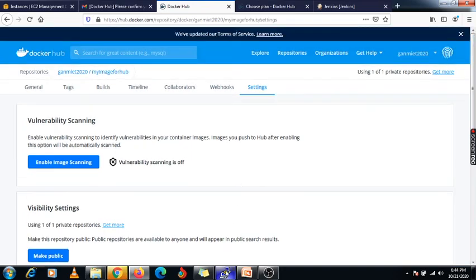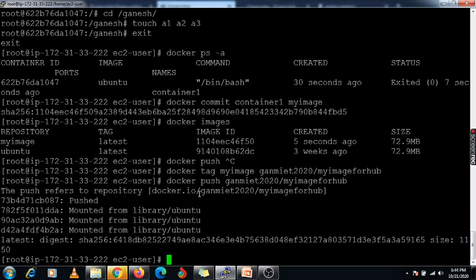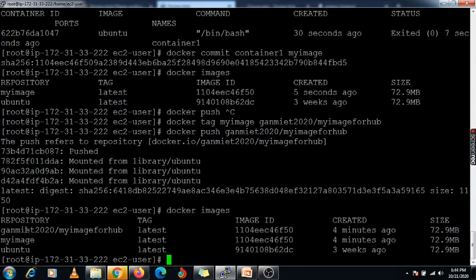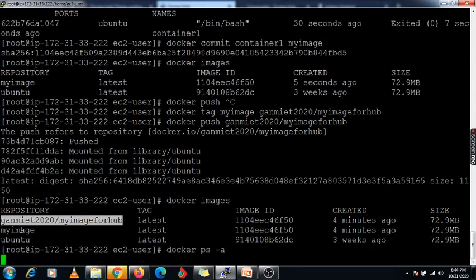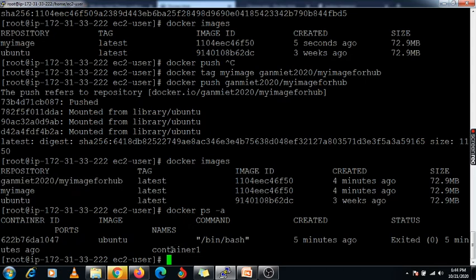Now I have already pushed my image from my local machine, so you can check docker images. Here my image is available, but now I am going to remove all these images. Docker ps -a, there is one container available, so I am going to remove this container also.